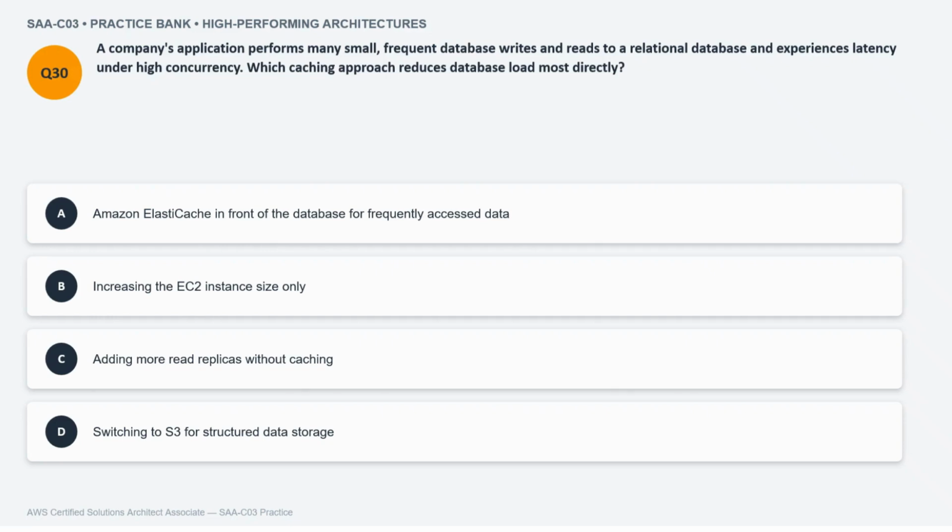Amazon ElastiCache in front of the database for frequently accessed data, increasing the EC2 instance size only, adding more read replicas without caching, or switching to S3 for structured data storage. So here the question is asking about many small frequent database writes and reads on a relational database. So we can go with ElastiCache, because ElastiCache is having like